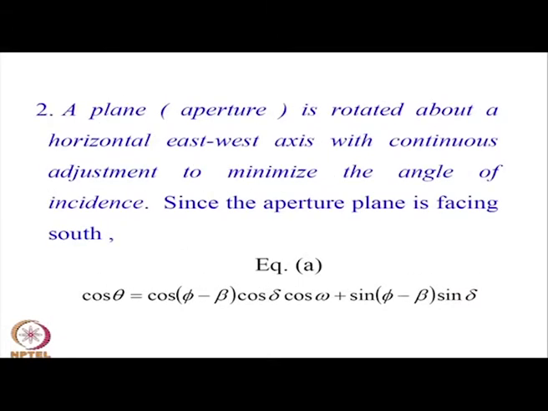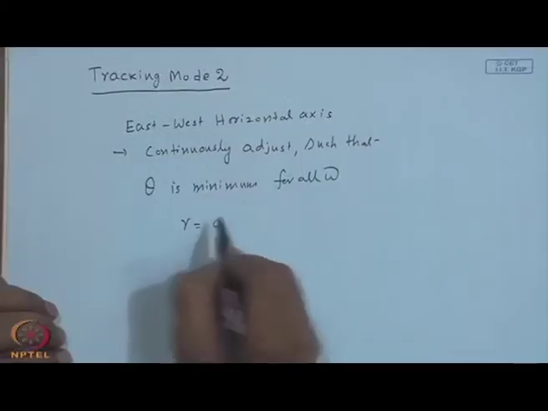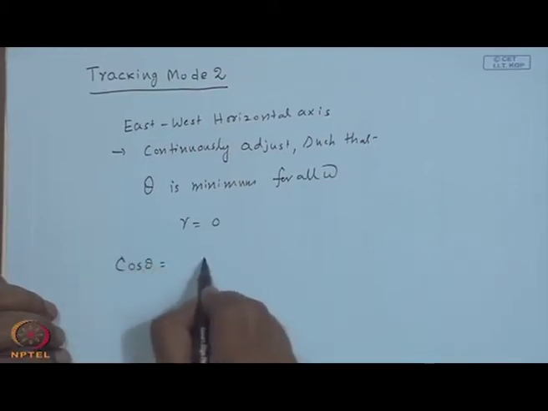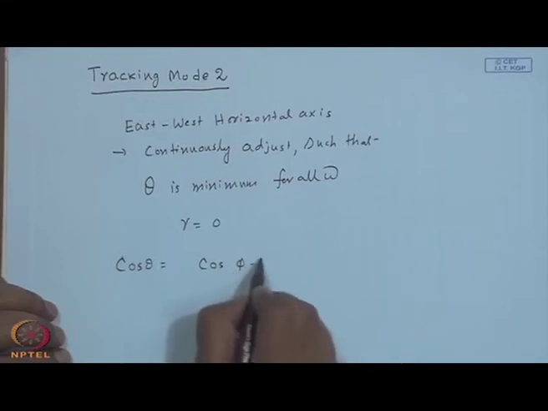So, that is what is written here. A plane is rotated about a horizontal east west axis with continuous adjustment to minimize the angle of incidence. Since the aperture plane is facing south, again gamma is 0. My cos theta is given by the same expression, cos(phi minus beta)